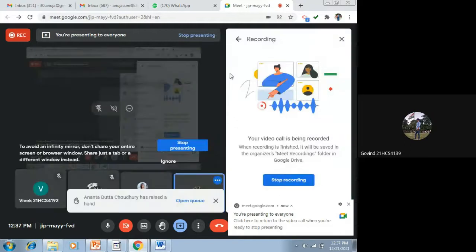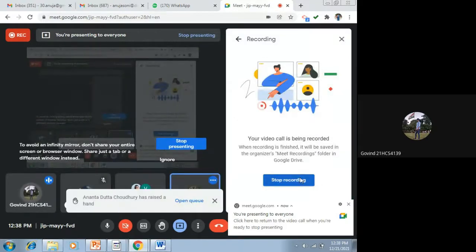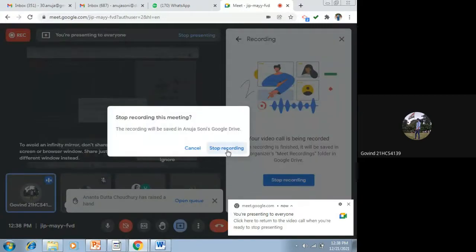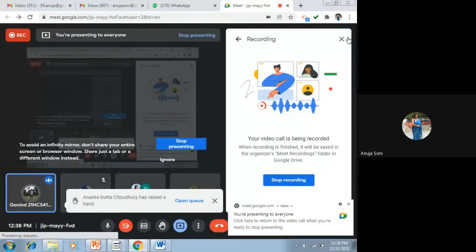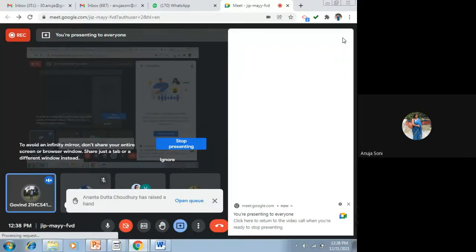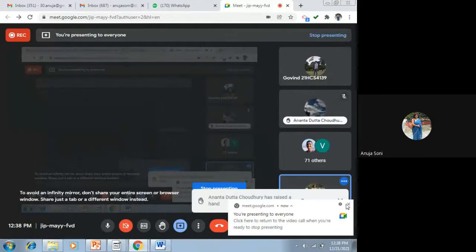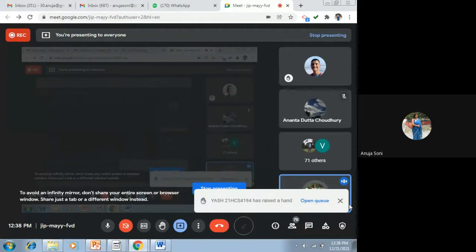Ma'am, the question is: what should be the size of the memory address register and the memory data register if RAM has a capacity of storing 1M words and the word size is 16 bits. Who will be solving this question? Yes, raise your hands. I can, Ananta, solve. One Ananta and another Yash.